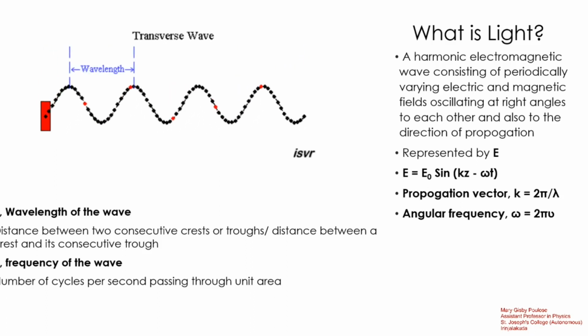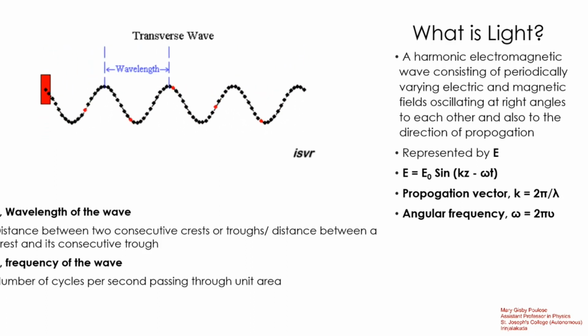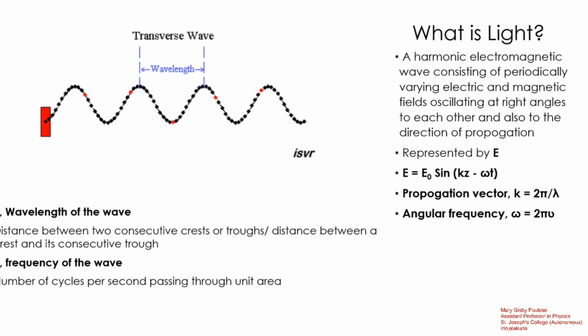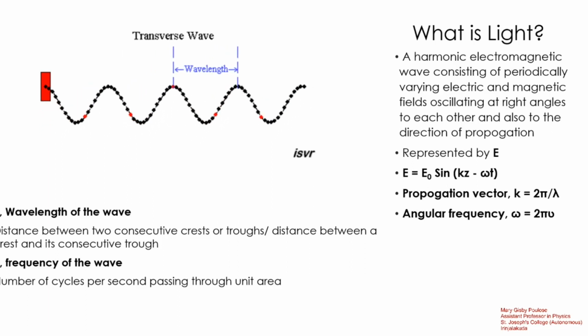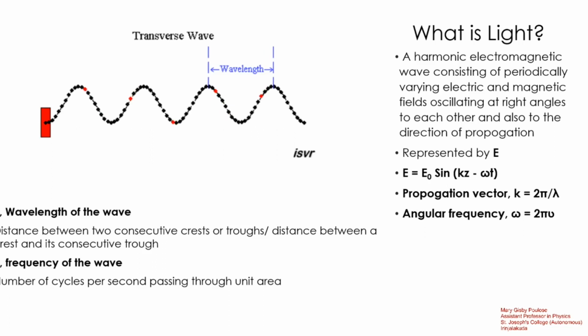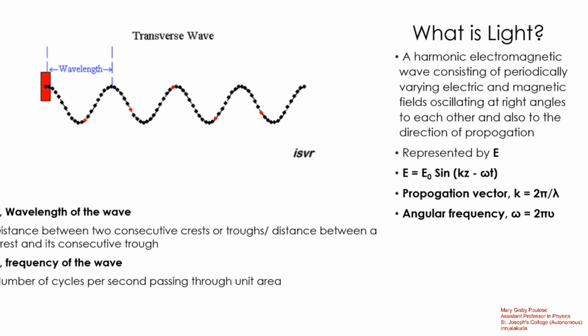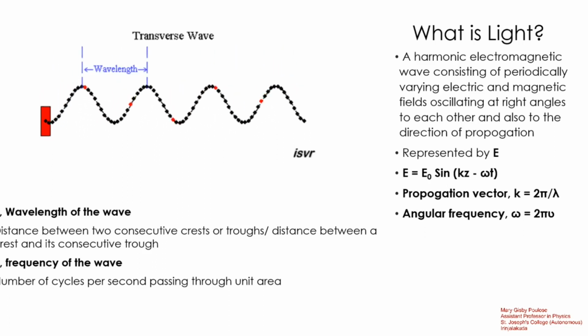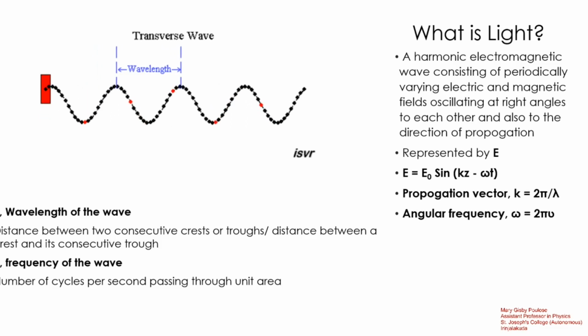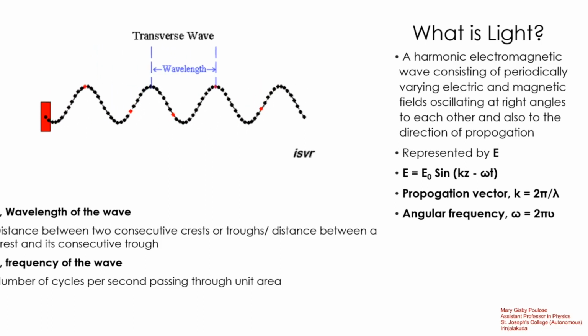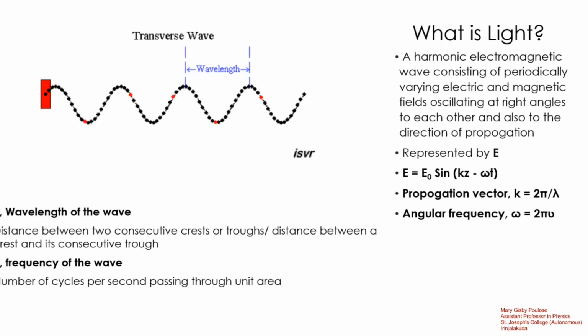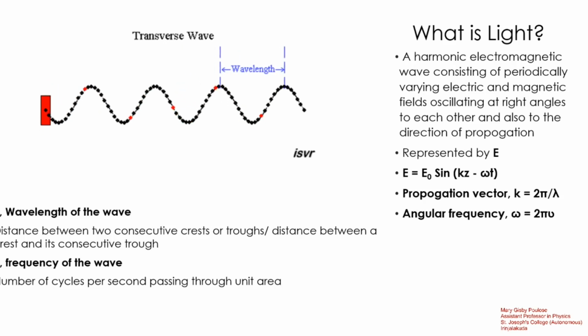Another parameter used to define the wave is its frequency. It is defined as the number of cycles per second passing through unit area. So, while defining light, these are just the essentials, but we can give an exact definition, which is